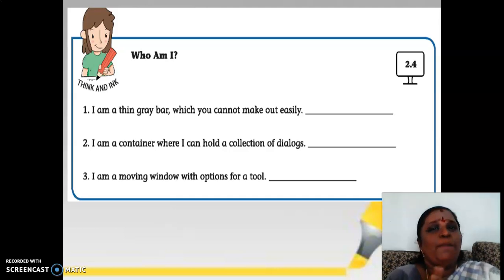Okay, only 8 minutes are left. What we are going to do now is your AV point. In the first lesson of this Chrysalis book we have the AV, that is audio visual time for you. You all enjoy the AV, right? Yes or no? Yes, I know you'll be enjoying it. Now I am going to show the AV in the first lesson, about endangered animals.